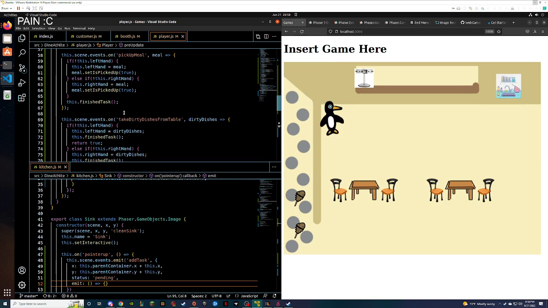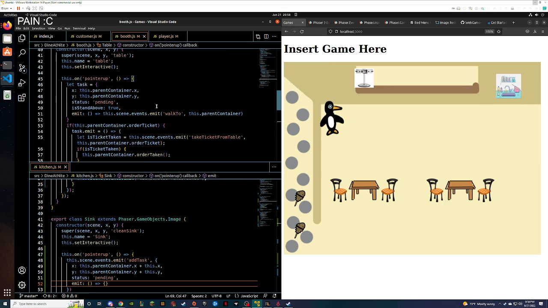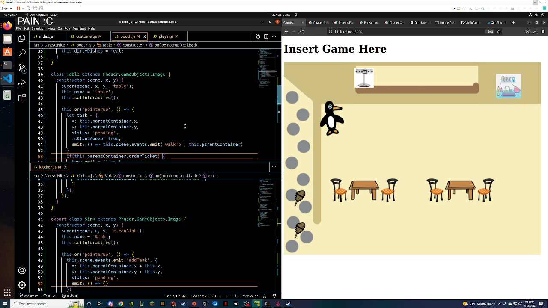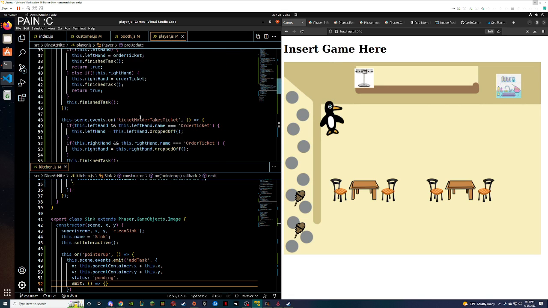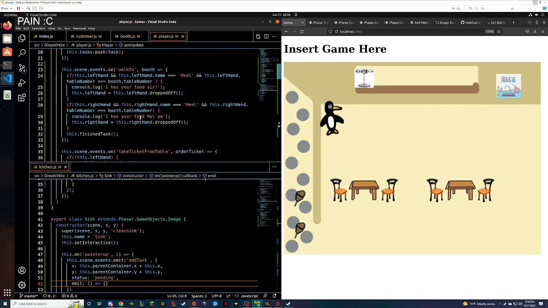It would be the same as this player booth. I think it's the same as walk to. So if we go here and walk to booth. Yeah, because then we want to check. So this will be walk to sink and this will be walk to booth. I think. I'm pretty sure.